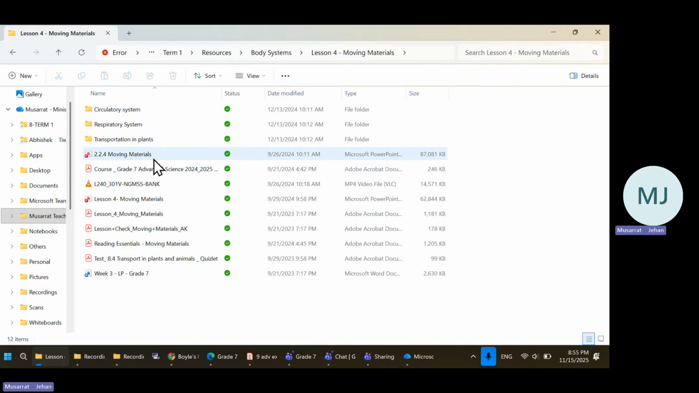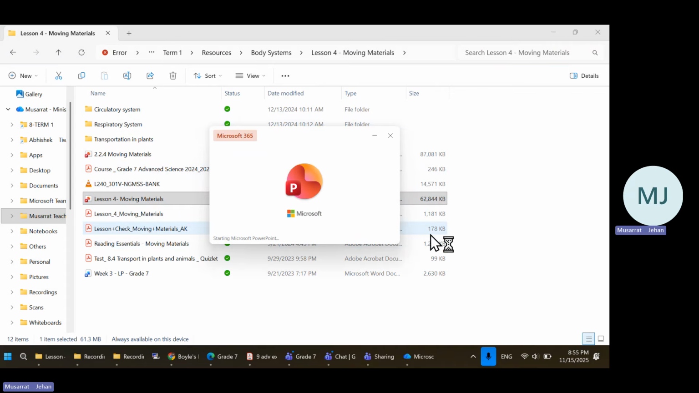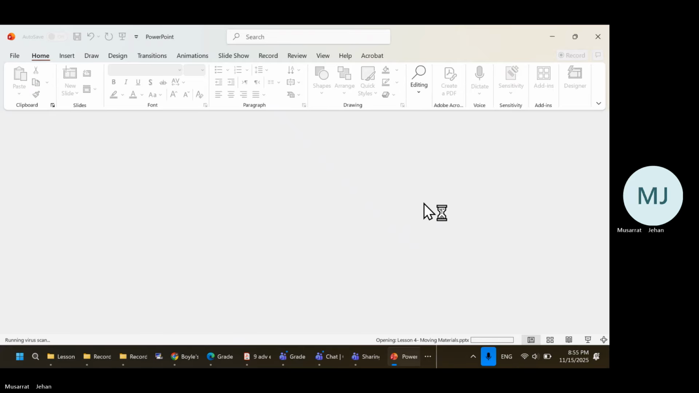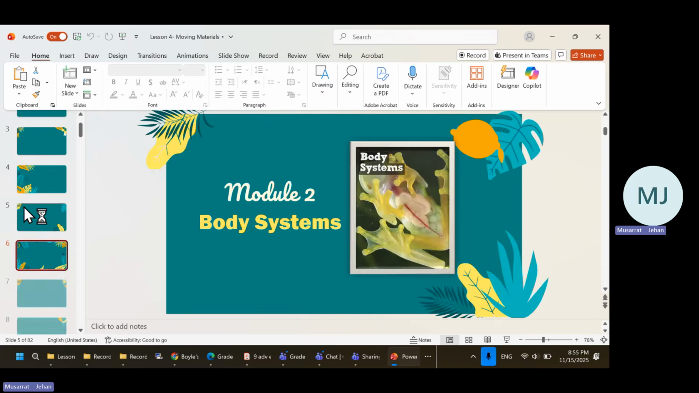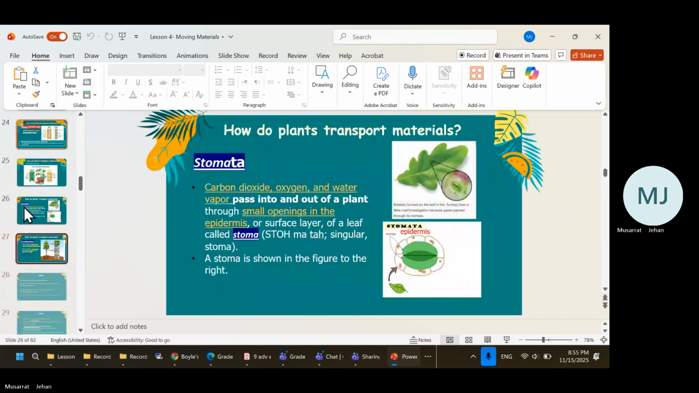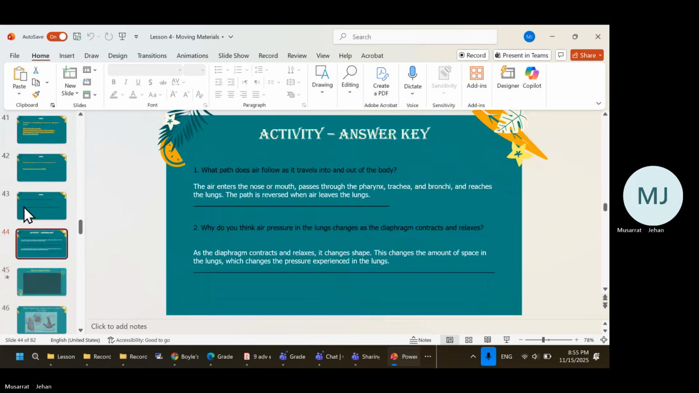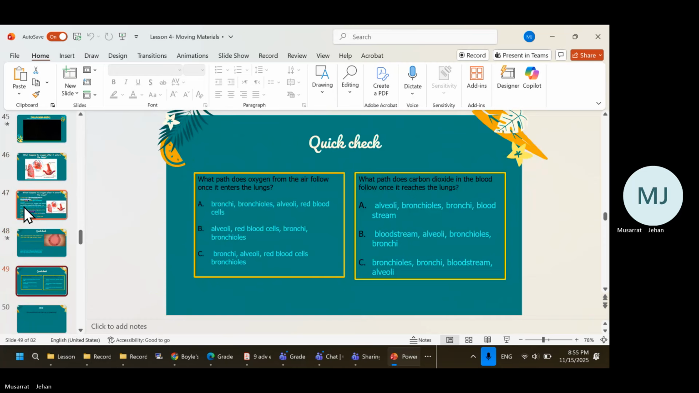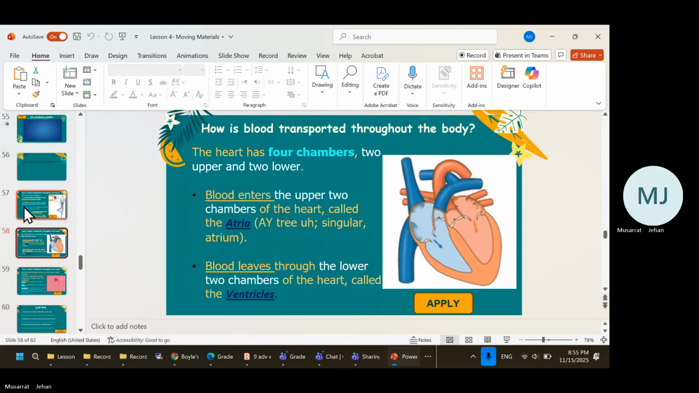We are in lesson 4, moving materials. I'll show you the figure and then I'll explain it to you about the heart. Sorry, it is taking some time. Okay. So here,